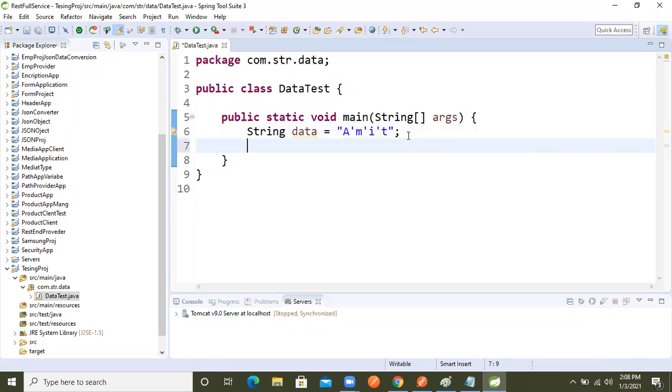If we want to remove this one, right? If we want to remove these things, so what we will do now? We will